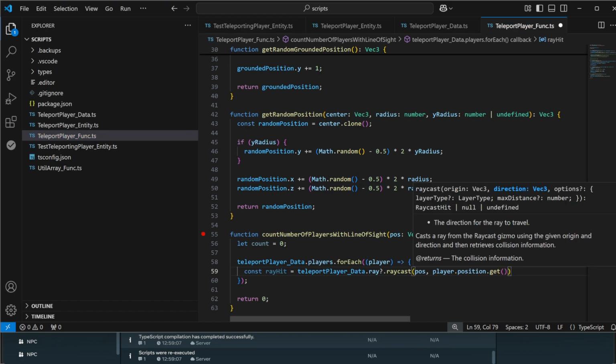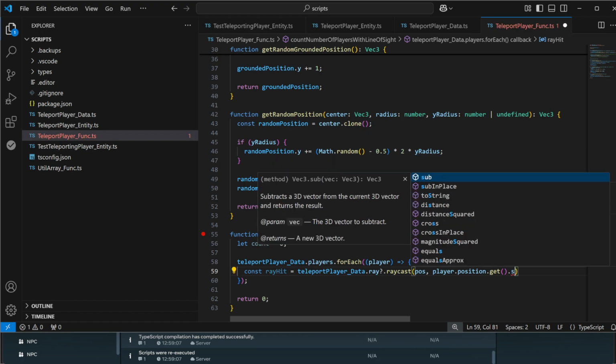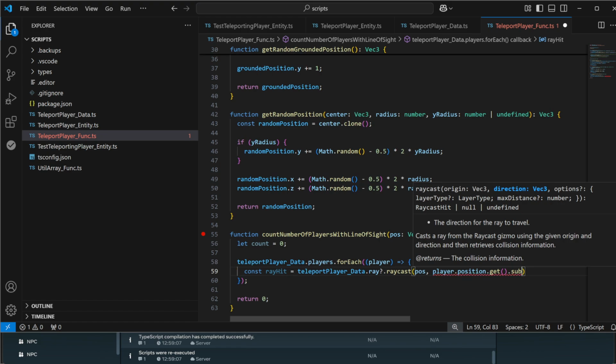That's going to determine the position of the player, and then with that player's position determined, we can then